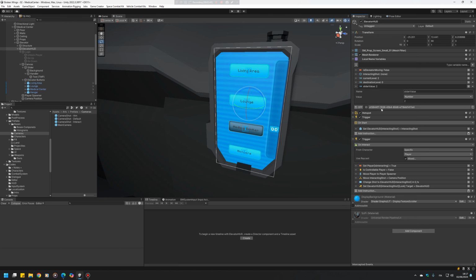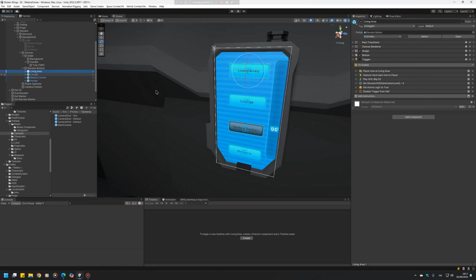The script that I've made would automatically fix all these values, but anyway, I know that I'm on the medical center, which is level 2, so I set the value of the slider to level 2. Indeed, on start I could set slider value to current value, but it's useless. So if you have to set one value by hand, why not two? Anyway, so when you push the button,